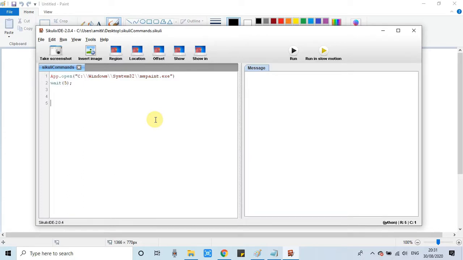There is one more way that we can use to open the MS Paint exe or any other exe. There is a function, the openApp function, or with the help of a key combination you can close that application as well.